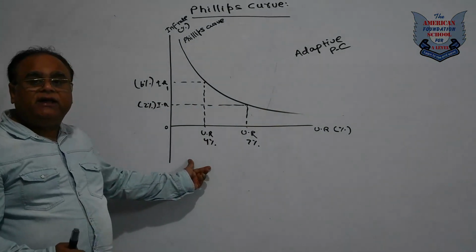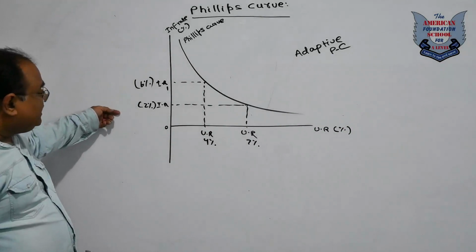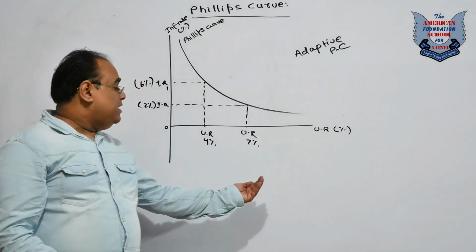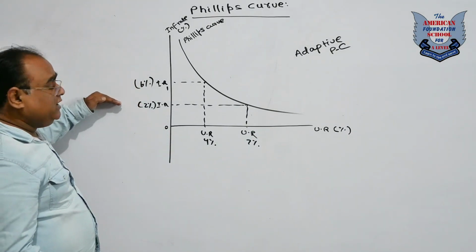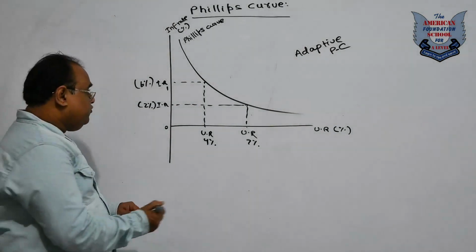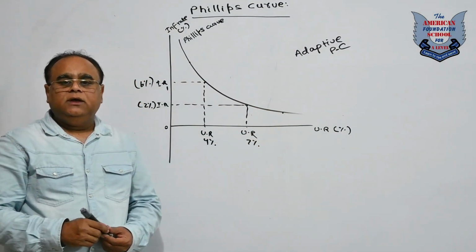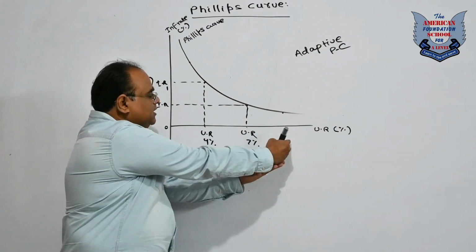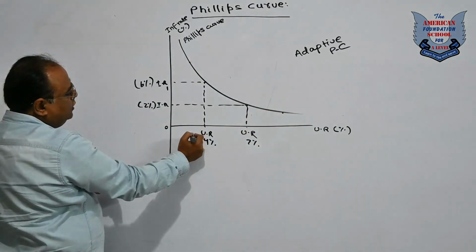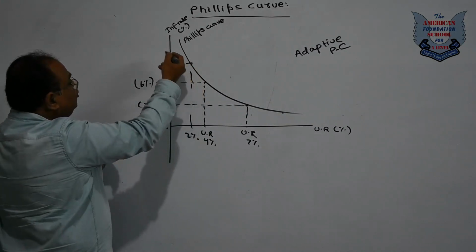The Phillips curve is stating that both the objectives cannot be achieved simultaneously. If inflation rate has to be reduced, unemployment rate will have to let go, it will increase. And if unemployment rate has to be reduced, they will have to allow inflation rate to go up. So government, in the form of the Phillips curve, has a menu of choice available. If it wants to have 9% unemployment, it will have to go for 1% rate of inflation. If it has to go for, for example, 2% unemployment, then the inflation rate will have to be taken to, for